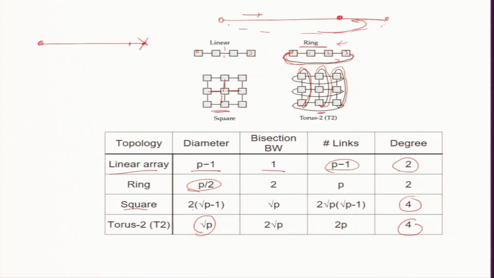So, I need to cut them, right. For this 2D I can cut here, and that will divide it, well it is not equal halves unfortunately, because I have 9 points. Had it been 16 it would be equal if I just cut right in the middle. Okay. So, how many nodes am I cutting? Right now I am cutting 3, for 16 I will cut 4. So, that is square root of p, square root of 16. Okay. So, that is square root of p.